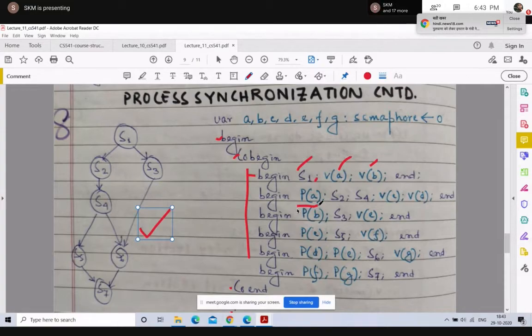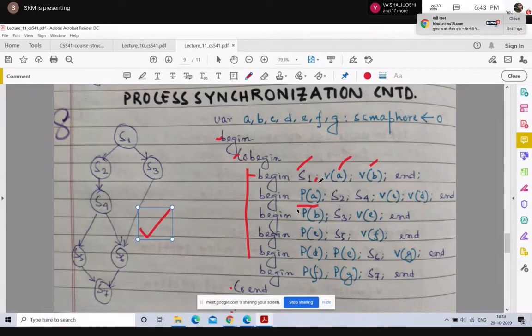So the S2 statement will be forced to wait until A becomes greater than 0, which is only possible when V of A is executed. In this way, I am ensuring that S2 is executed only after S1 finishes.